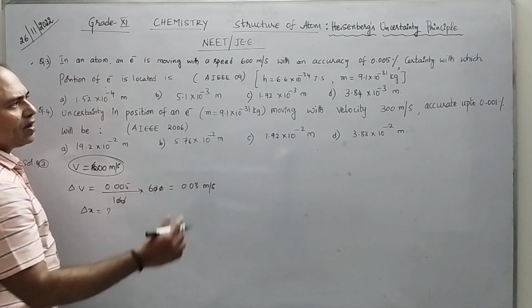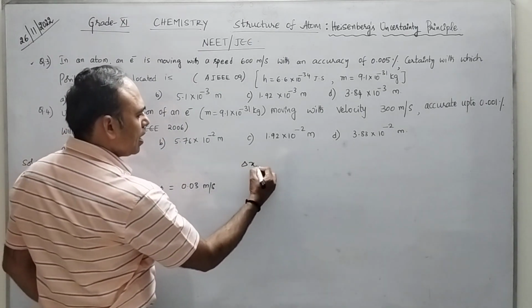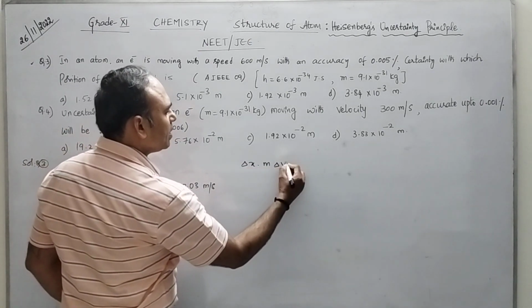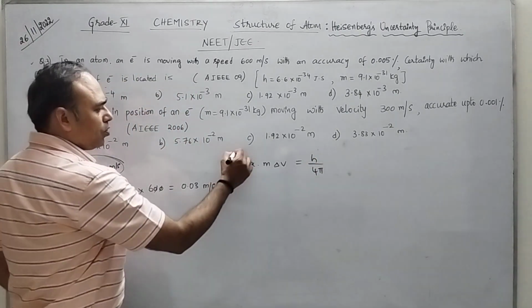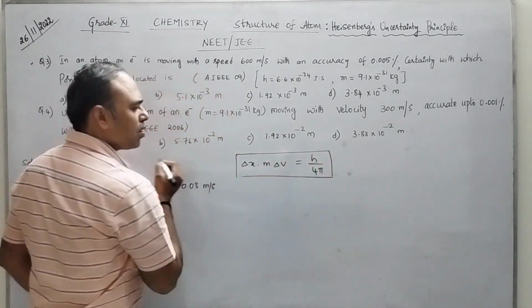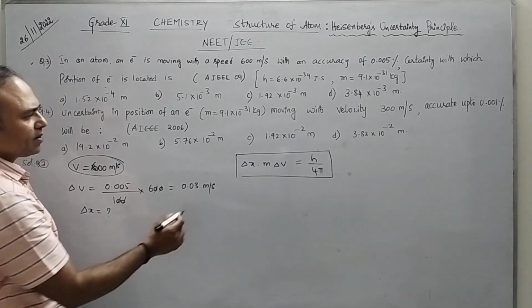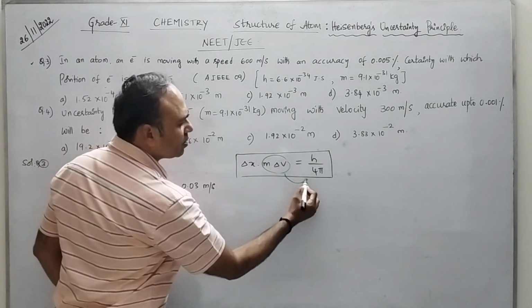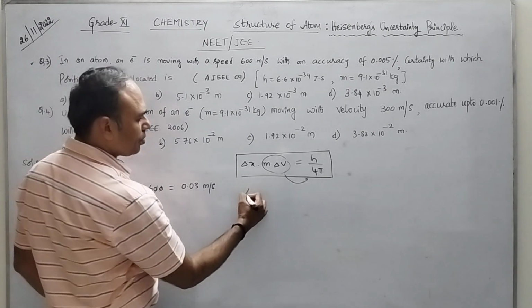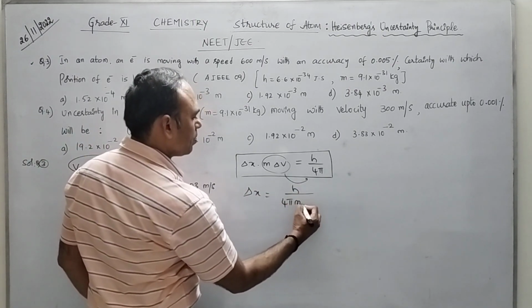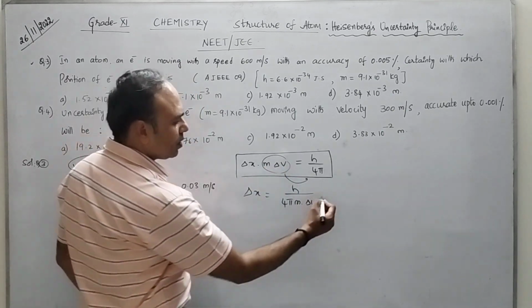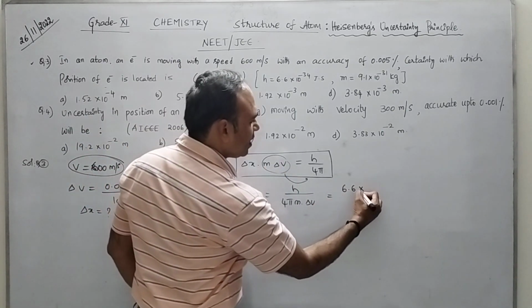So h is given, m is given, we can calculate: delta x into m delta v is greater than or equal to h by 4 pi. Using the principle, what you need to calculate? Delta x. Send this term to the other side of the symbol, you get delta x is greater than or equal to h by 4 pi m into delta v. Substituting the values we get